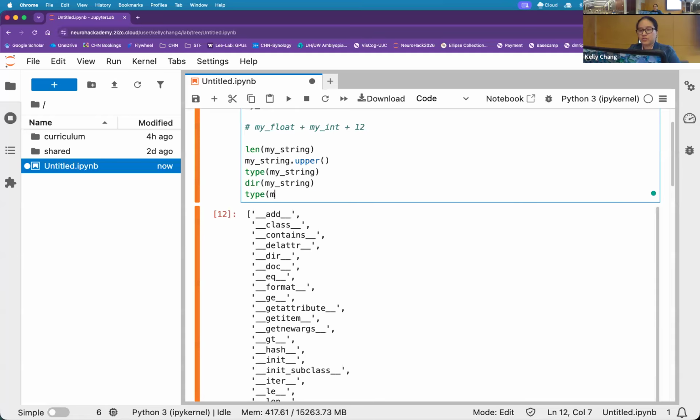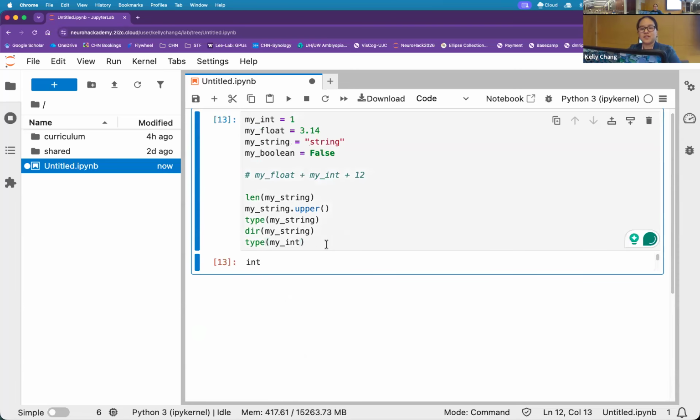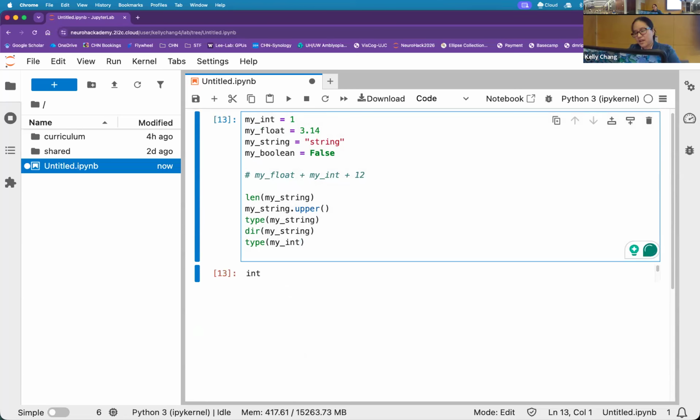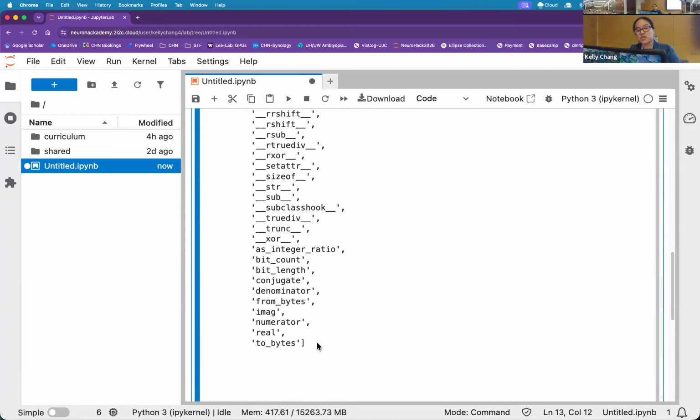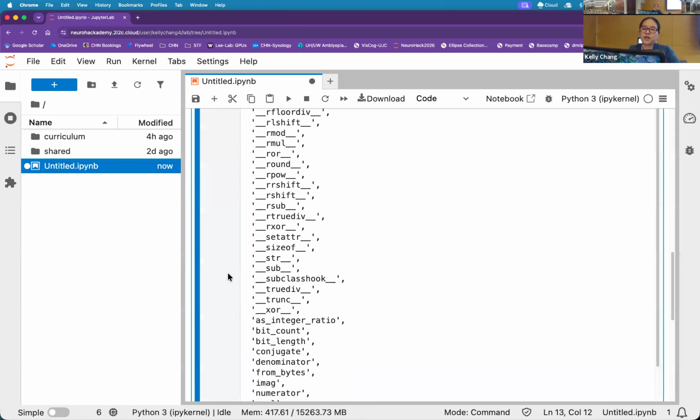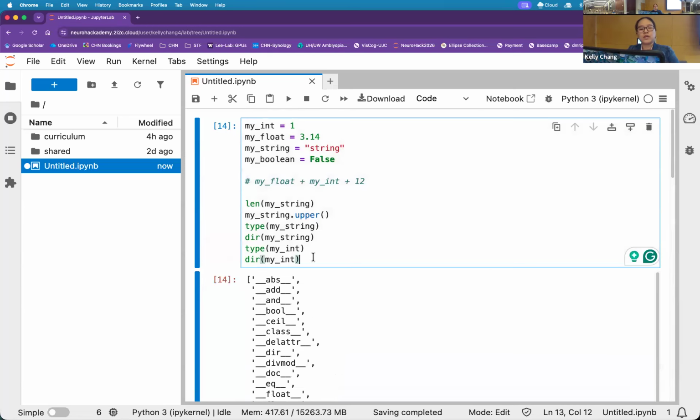And so you might assume that if I do type my int, you'll see that it's type int. Thankfully, I named my variable sensibly. And then if I do dir my int, you'll see that there's a shorter list of methods than for strings, which is, as you would imagine, because there are fewer things to do with numbers. They now reflect things like my imaginary number, or my numerator, or my real version of this integer. There are more numerical class items. So something to think about in Python is that what you can do inherently to a data class or object is tied to the data class. If it's an int, you can do number things. If it's a string, you can do string things, and so on and so forth.